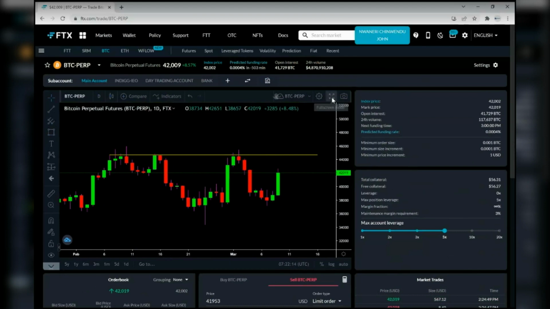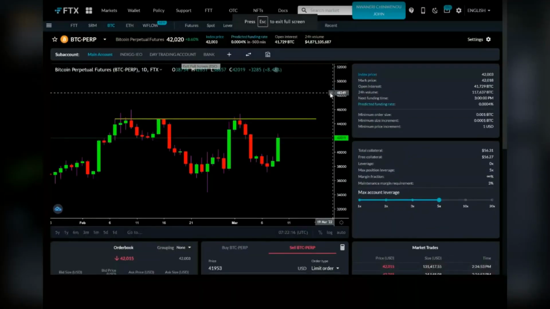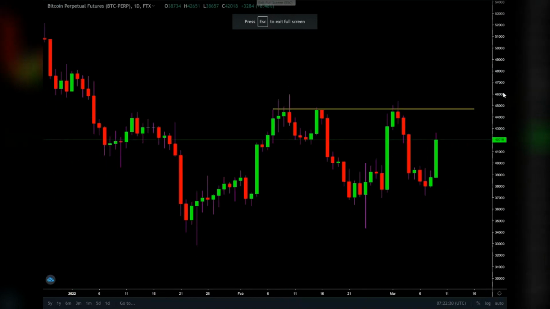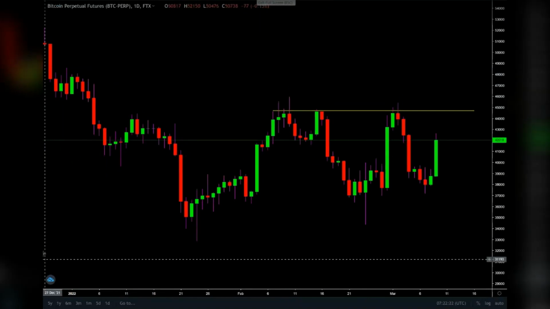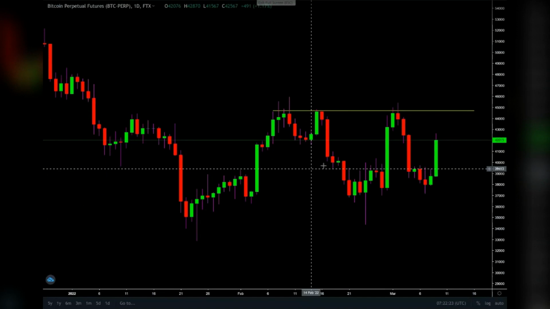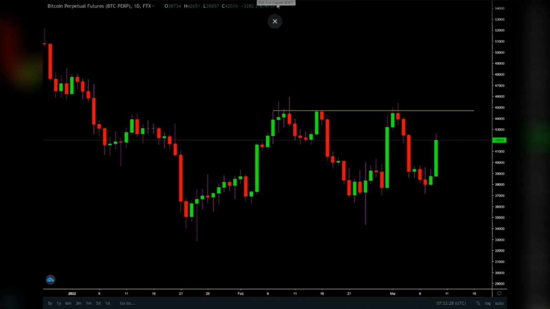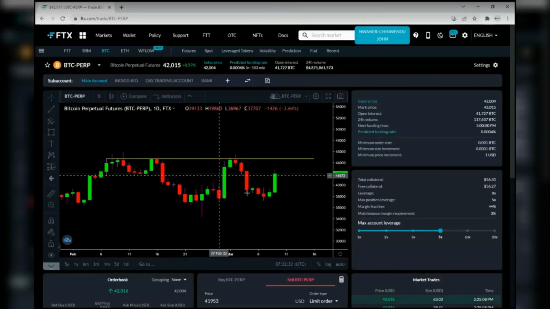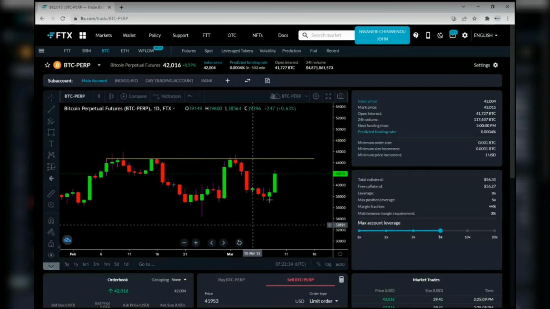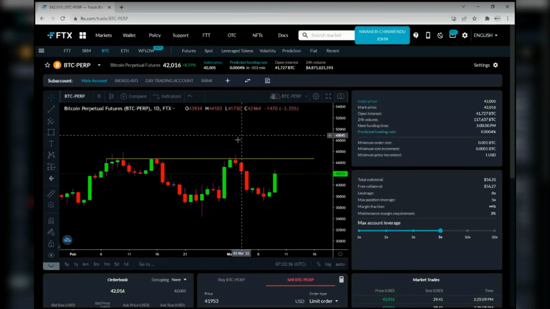You can use this for full screen mode. You can see I have the full screen mode, only the chart, but you're not going to see all those tools you want to use. On your laptop, you click on Escape to go back to the normal view. Yeah, I hope I'm not too fast. Yes, the next one is taking